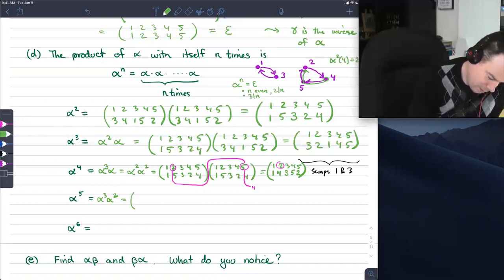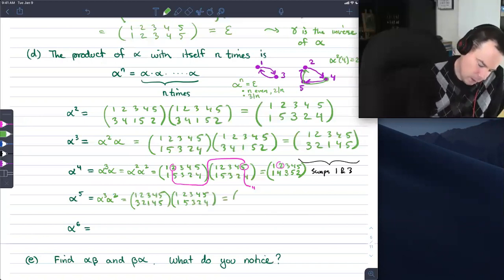So let's do an alpha cubed. 1, 2, 3, 4, 5. 3, 2, 1, 4, 5. And an alpha squared. 1, 2, 3, 4, 5. 1, 5, 3, 2, 4. And we get our result